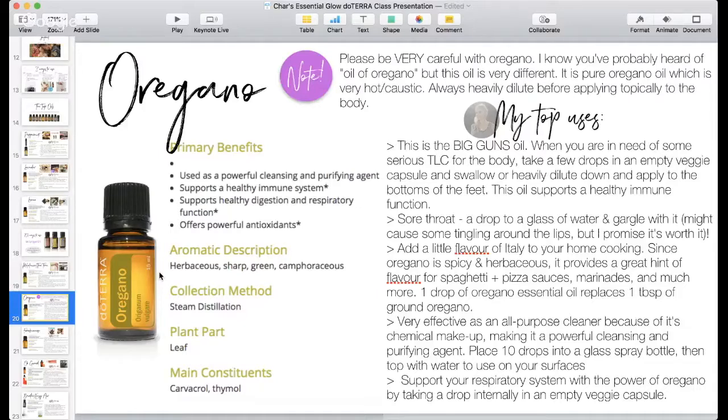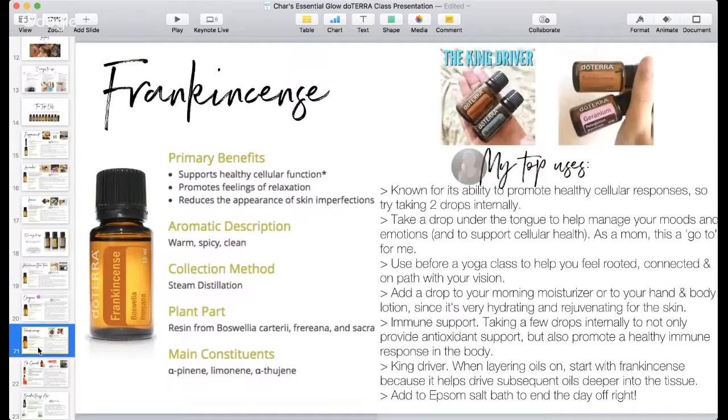Since oregano is so cleansing and really is a purifying agent, you can use that as your all-purpose cleaner too. It might be a little strong. Your house might smell a little more herbaceous, if you will, but it definitely can be used in place for green cleaning your home. Okay, so now we are going to go on to the last single oil that we're